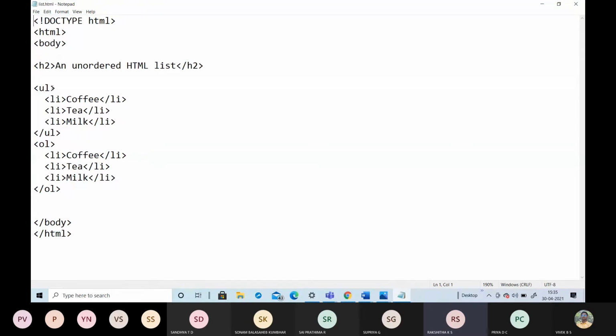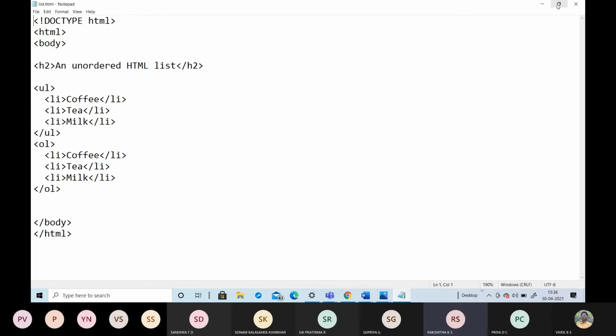In this unordered list, it will display these three items: coffee, tea, milk, one by one. And again this is an ordered list. In the UL, the unordered list, the data will be displayed with a bullet, and in the ordered list, the data will be displayed with numbering.